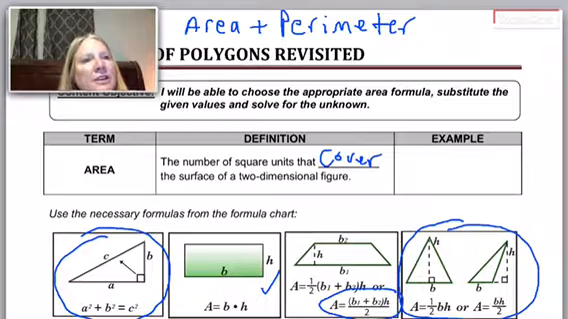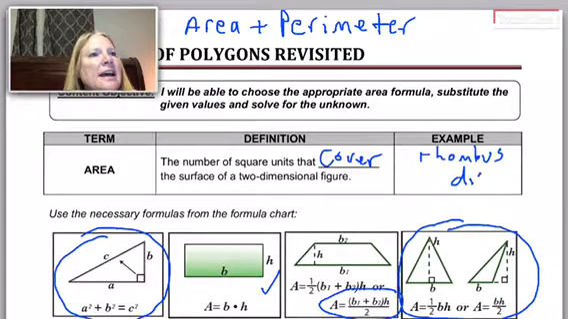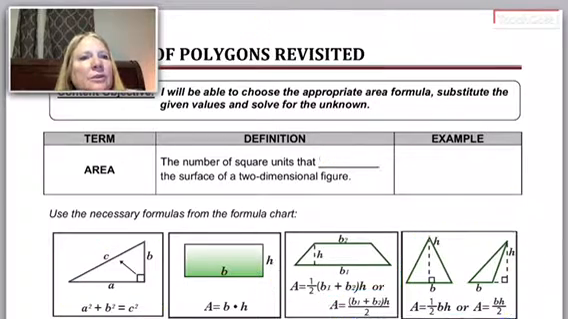One that's left out here is the rhombus. Remember, the area of a rhombus is diagonal 1 times diagonal 2 divided by 2. And then there's the square, which is side squared or length times width. Okay, so let's scroll down here